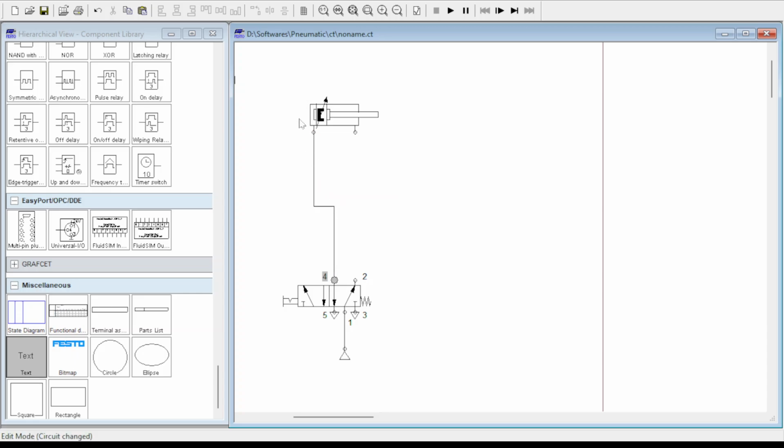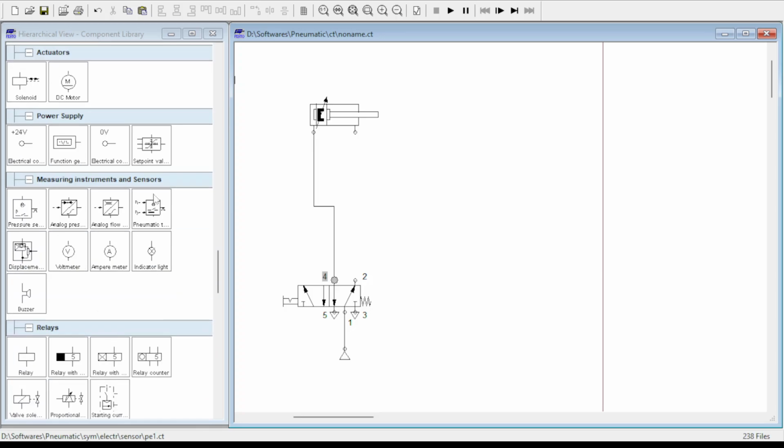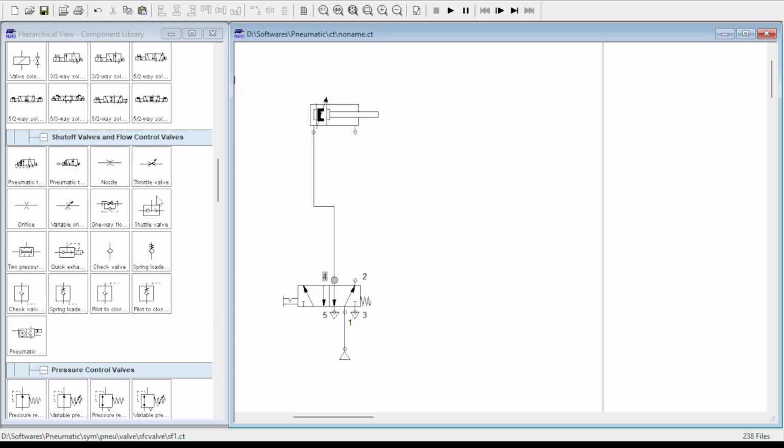So this is basically inlet air. For the cylinder to extend, air has to enter into the cap and at the same time, air that is occupied in the rod end volume has to come out. So the one-way flow control valve, which adjusts or limits the flow of a fluid, is to be connected in a reverse way at the rod end of the cylinder for controlling the extension stroke of this cylinder.